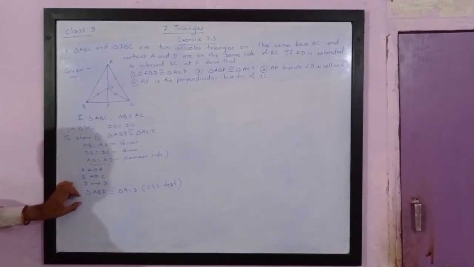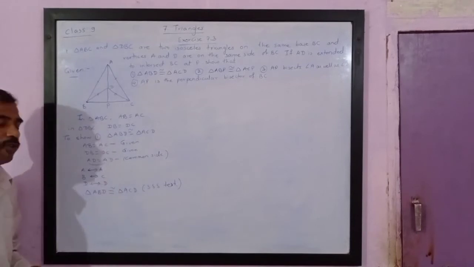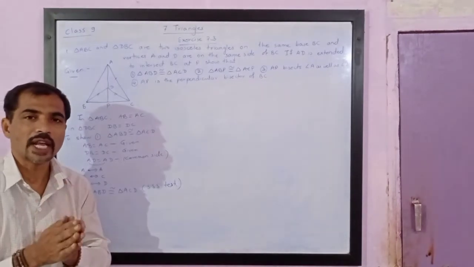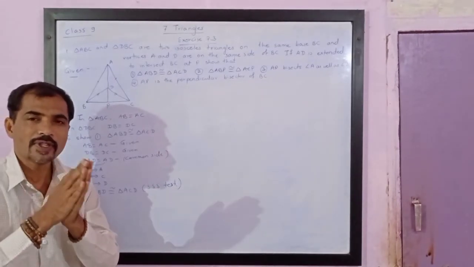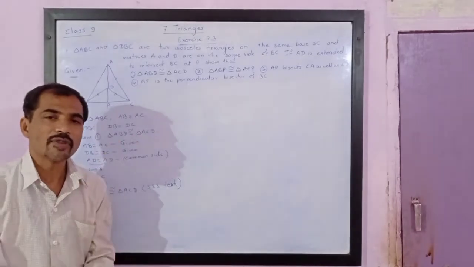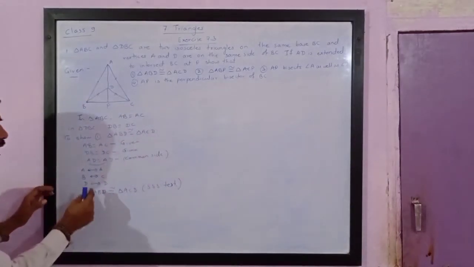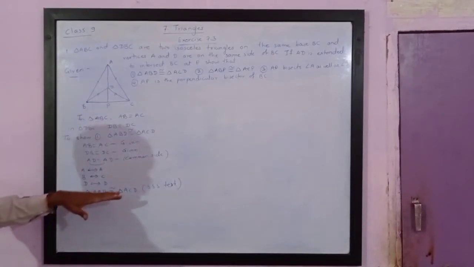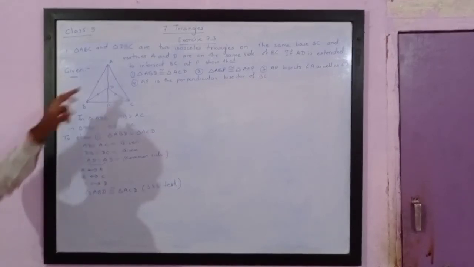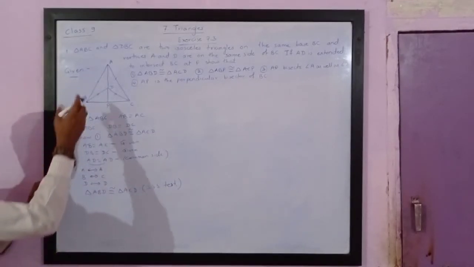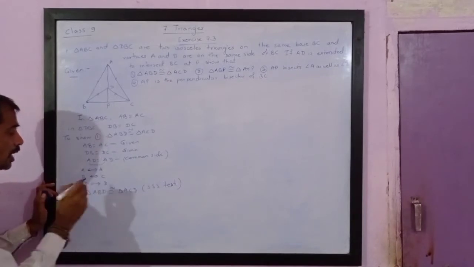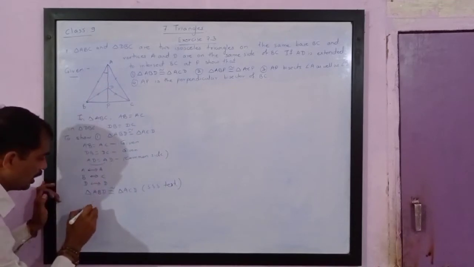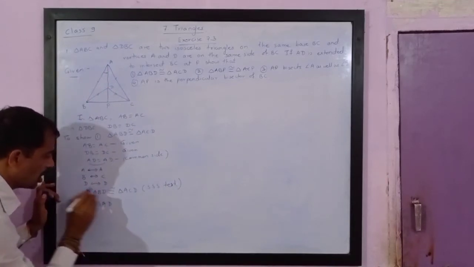Now see, if two triangles are congruent, it means if you keep one triangle over the other triangle, all three sides of one triangle will coincide with all three sides of the other triangle, and all three angles of the first triangle will coincide with the three angles of the other triangle. So for that we have to keep first vertex on first, second vertex on second, and third vertex on third vertex. Then and only then it will coincide. So here it means this angle is congruent. Angle A is congruent to angle A. In ABD, angle A is this, that is angle BAD.